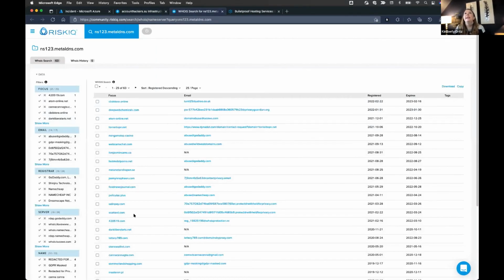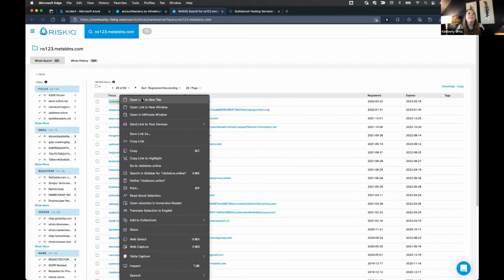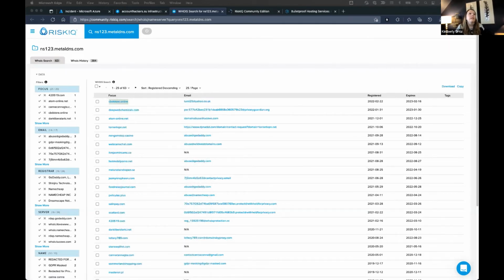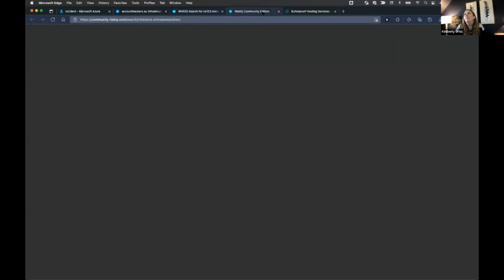what I'm going to see is a list of domains that at some point in time have also pointed to this name server. Based on reading the article, we know this is associated with maliciousness. To me, the fact that only 63 domains have ever pointed to this makes it a little shady in my mind, because that's not very many, right? I can see this one domain right here was only recently registered. So let's say I want to take a look at this one too.